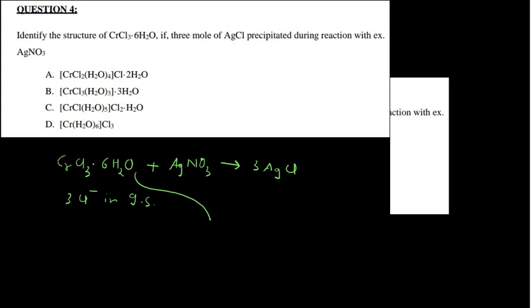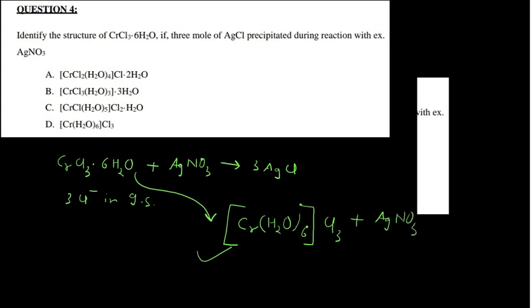So for this you can rewrite that particular structure: Cr, H2O times 6, and Cl3 over there. So this is the correct structure. Only this compound can react with excess of AgNO3 to give 3 moles of AgCl. So look whether this particular option is given or not. Yes, it is given. Option D is the correct answer. So in that case also you can see option D is the correct answer. Now moving to the next problem.